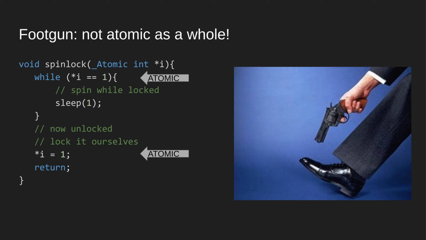And later on we set it. We say I is equal to 1, and that is also atomic. But in between it's not atomic. What can happen here is that we have 2 threads which are both spin locking, and both of them enter the loop at the same time when I is unlocked. Both of them see I is unlocked and they're like, oh great, I'm gonna lock it for myself. And now we have 2 threads which have entered the lock. So what you really want to do here is wrap this entire function body in a normal pthread lock. Atomics don't really help you here.